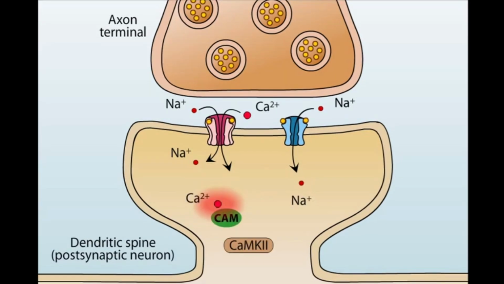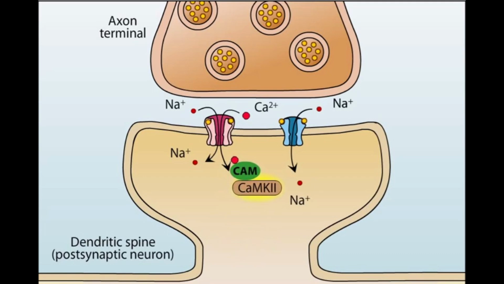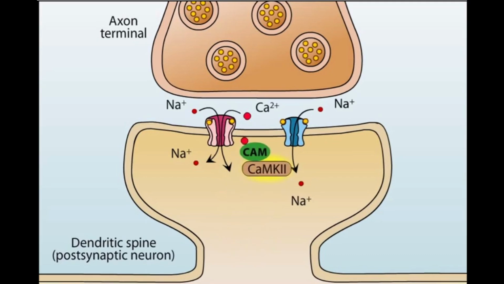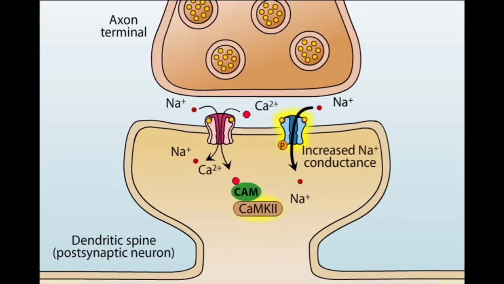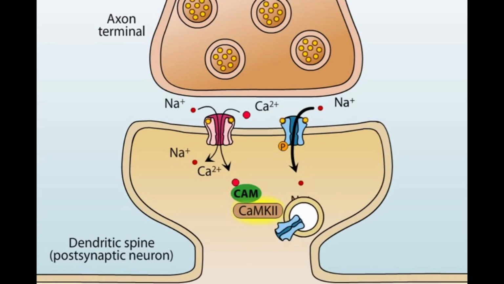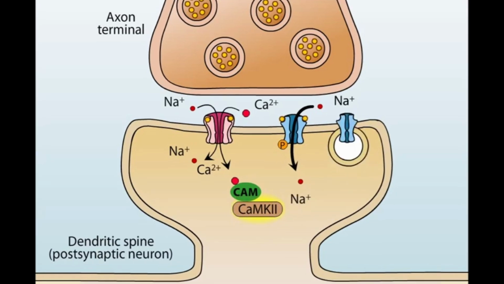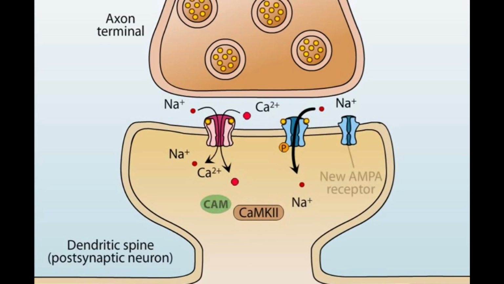The calcium binds to calmodulin, awakening CaM kinase, a molecular maestro. CaM kinase strikes two critical nodes. It phosphorylates AMPA receptors, boosting their ability to carry sodium and amplifying the signal. And it mobilizes the hidden AMPA receptors, bringing them to the surface, ready to receive and strengthen the communication. Behind the scenes,